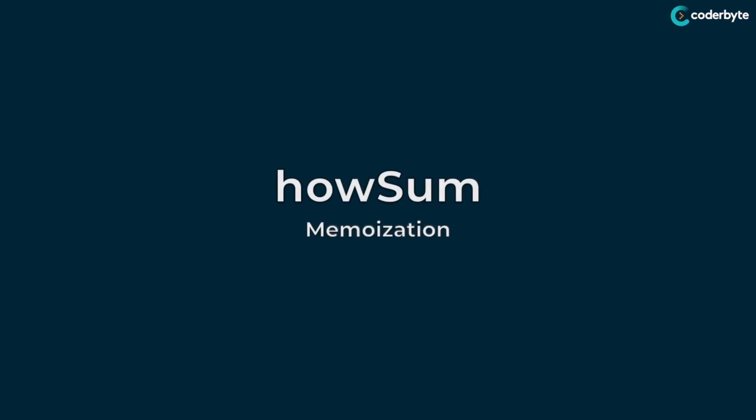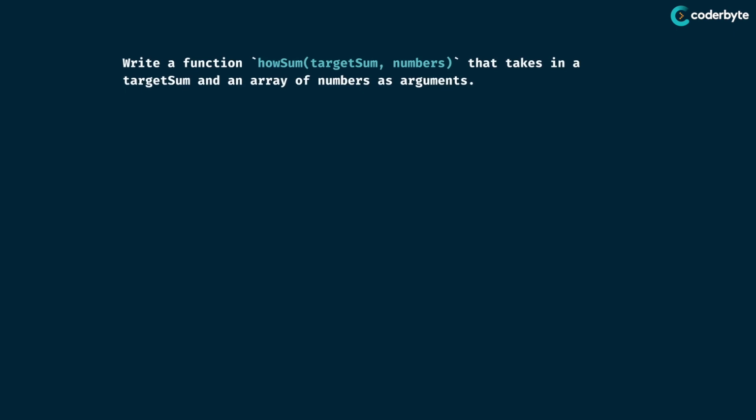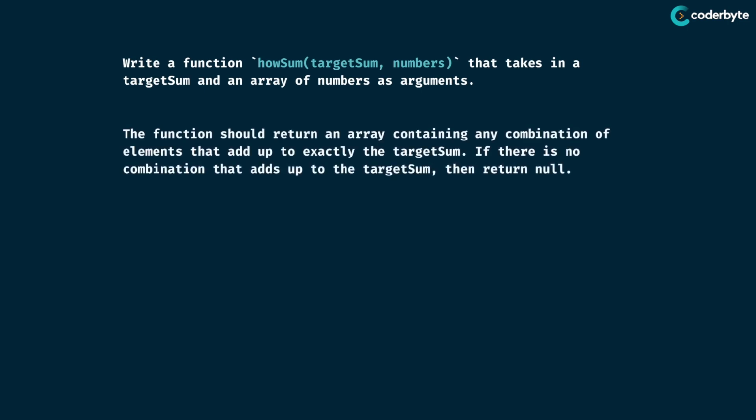So hopefully that CanSum problem made some sense, because what we want to do now is actually carry over a lot of that knowledge to solve this new HowSum problem. This problem is very similar. It still asks us to take in some target sum and an array of numbers. But this time around, what we want to do is return an array containing a combination that adds up to